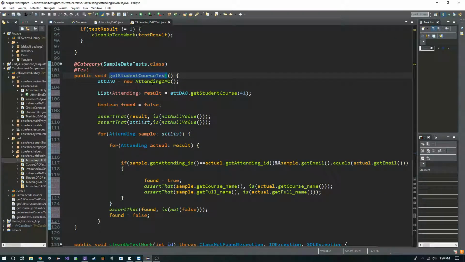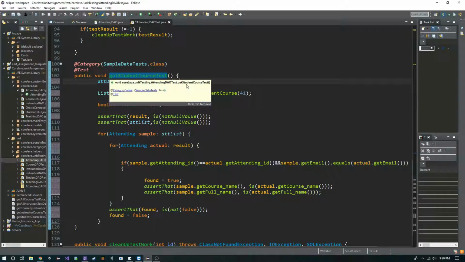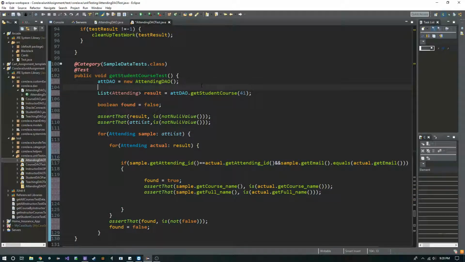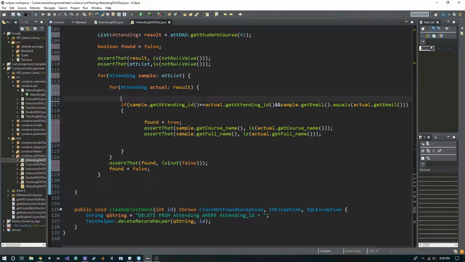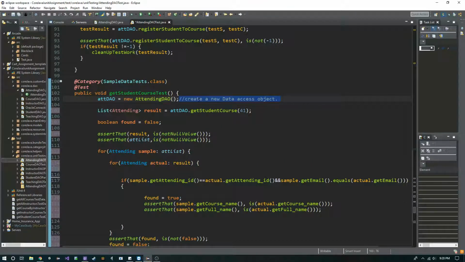So now we must use this data, and the first thing we do is we create a new data access object. This allows us to access our database. We then get the results from the method we're supposed to be testing. This 41, I know I'm supposed to put in a 41, because if I get my